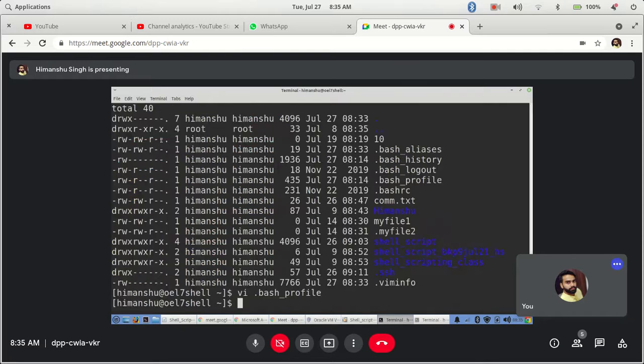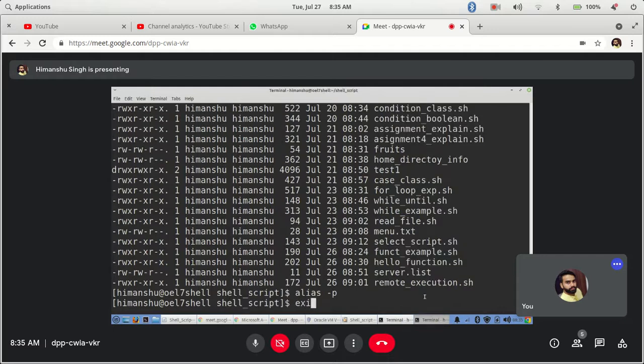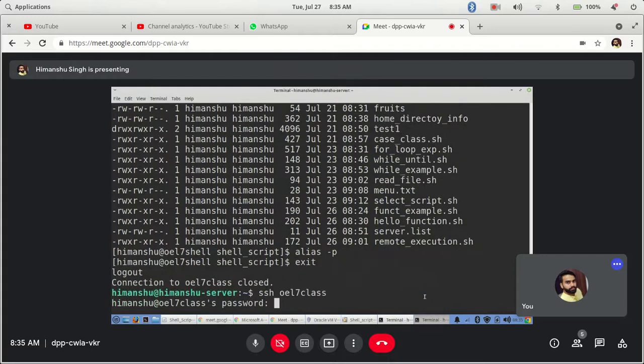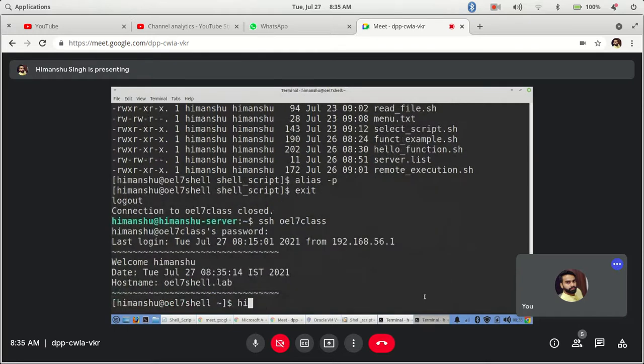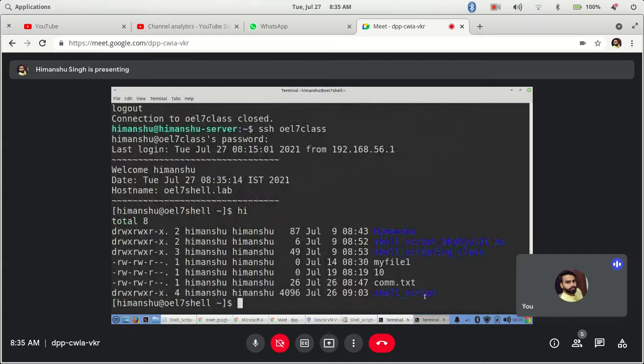All right, now if let's say I open a new terminal and I type hi, see, it will automatically run because that alias is defined at my profile level. Got it?